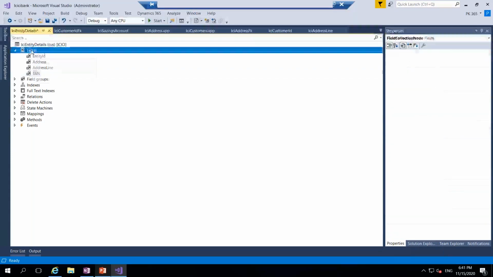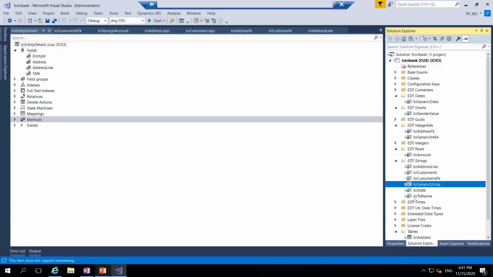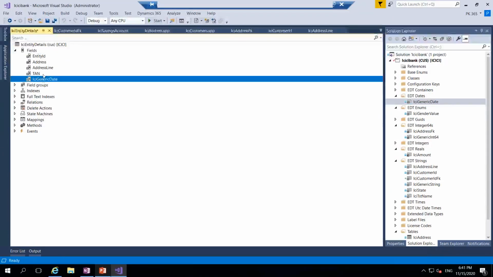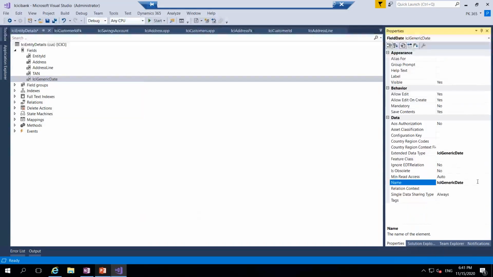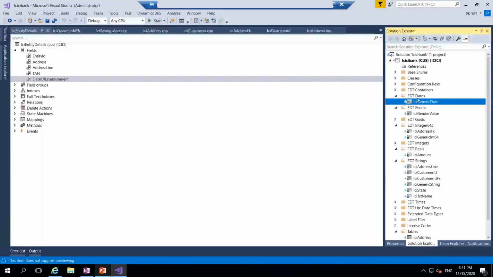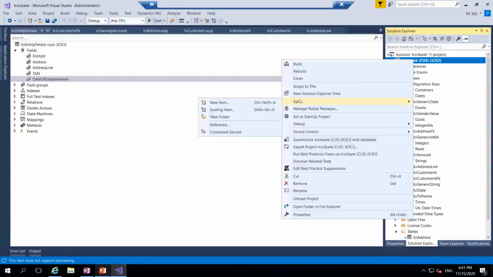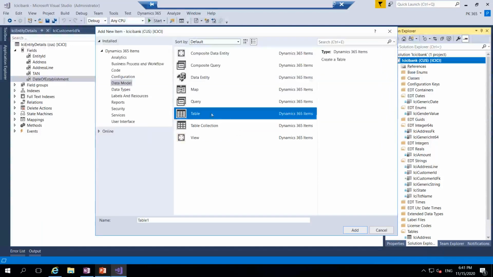Okay, and you can create one more date field. One second, generic date, and you can call it as, because we will have date of birth now. Similarly for these ones, we have date of establishment. Done. Save. Okay. So now the next step would be right click on the add button, new item, table,